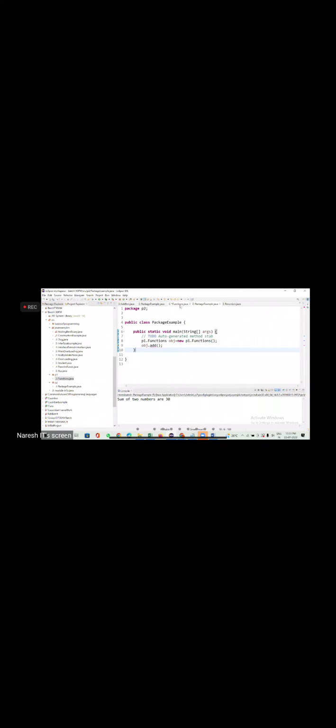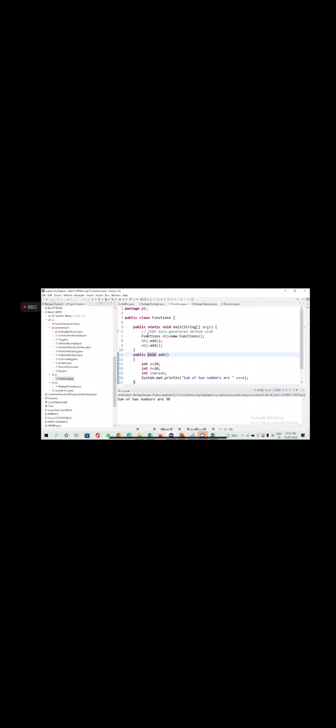Why did I go and add it as public here? Because if you want to access a function which is a default, you cannot access it outside the package. One is package 1 and one is package 2. You are trying to access something in package 1 which is a default. Default is local to the package.